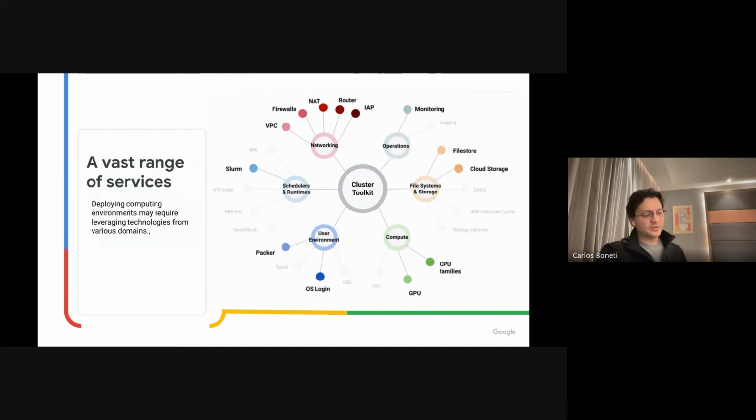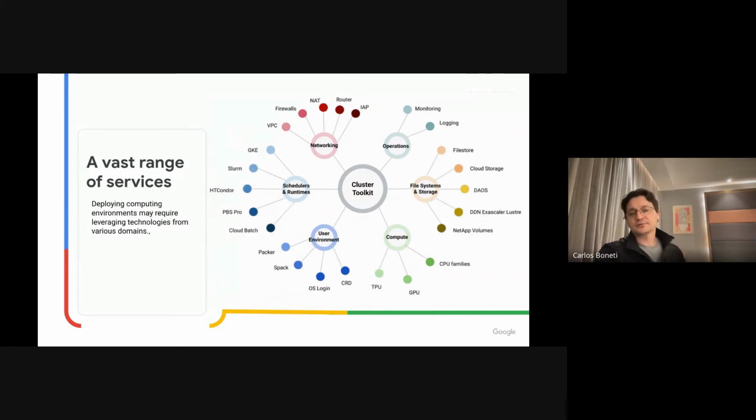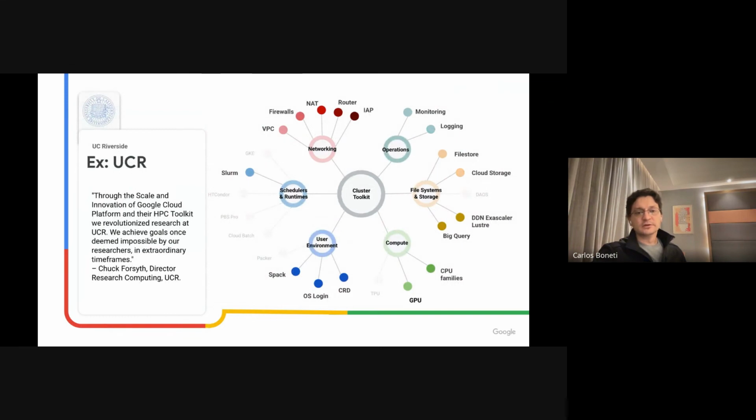And why this is a priority for us is that the reality is creating a full HPC environment is a fairly complex thing, right? You actually have to touch on a vast range of services, right? A normal customer ends up playing with many different aspects of the infrastructure. For instance, in the case of UC Riverside, you see how many different things I have to touch on in terms of user environment configuration, scheduler, several networking configs, etc. So it all gets automated by